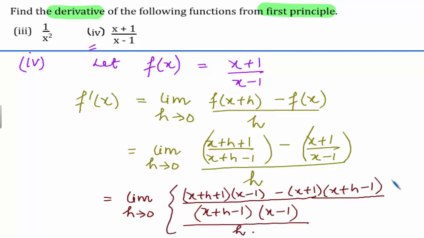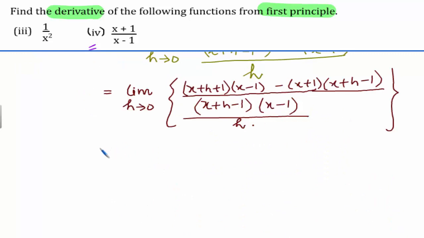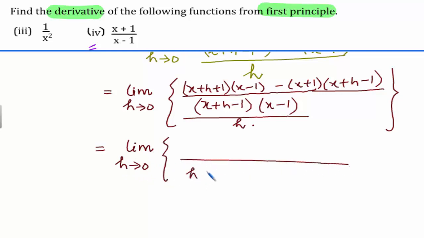This is further equal to limit as h approaches 0. In the denominator we get h into x plus h minus 1 into x minus 1, and in the numerator we have